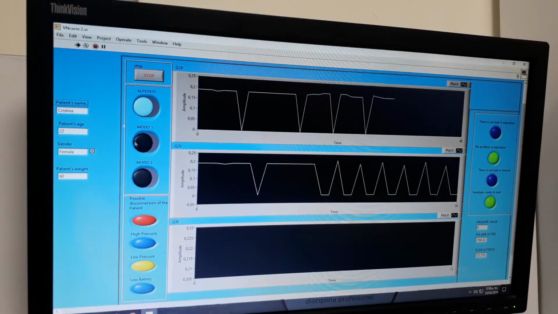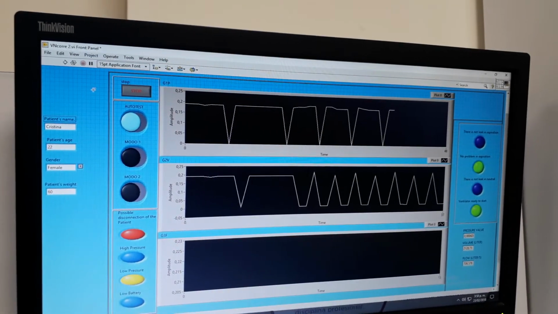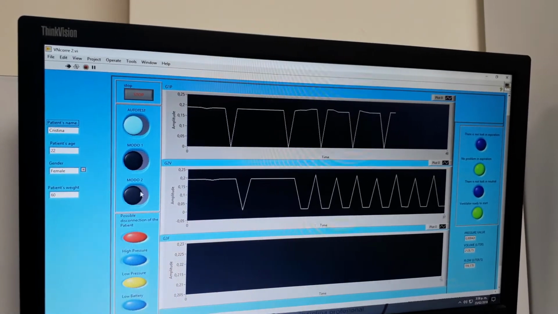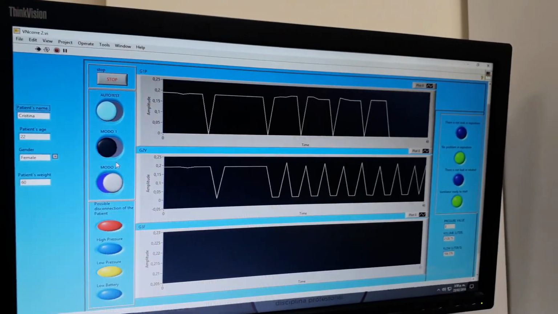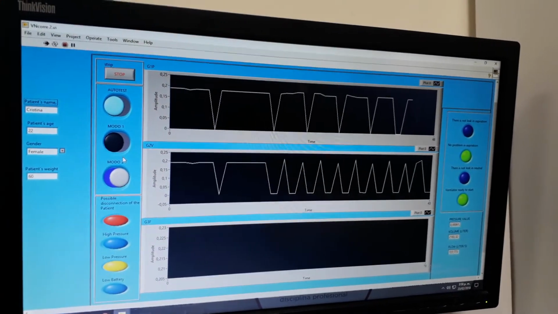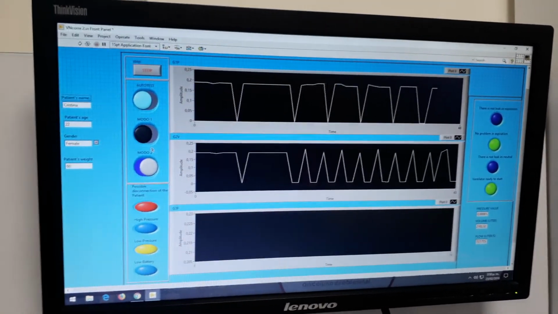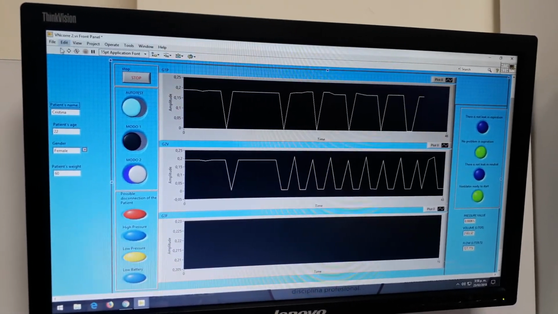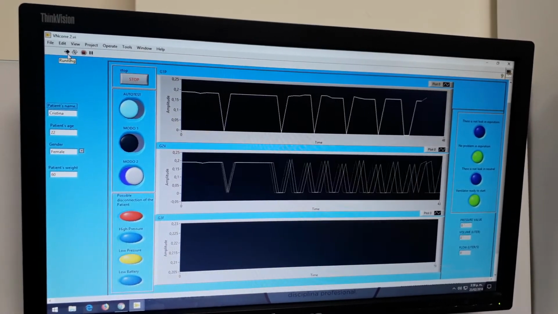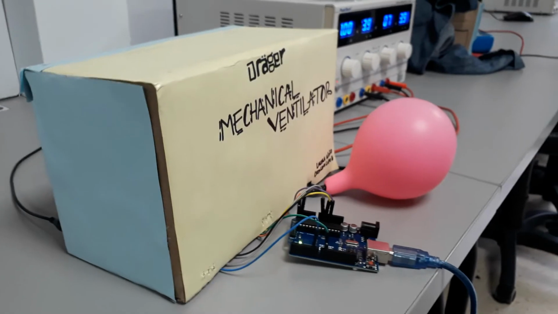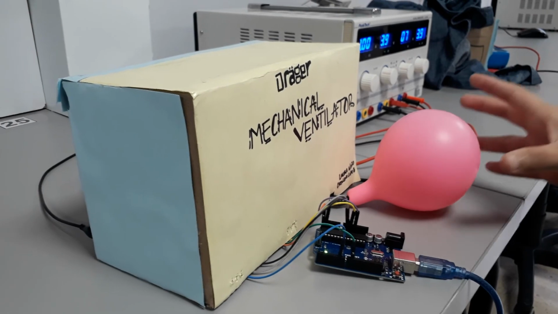Finally, we have mode 2. Mode 2 is the CPAP. CPAP is where the patient on the ventilator makes spontaneous breathing with a constant level of positive pressure, like showing in this part. This is the function in the CPAP ventilation. The pressure